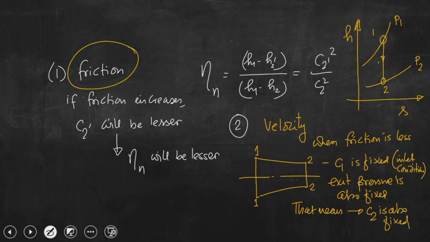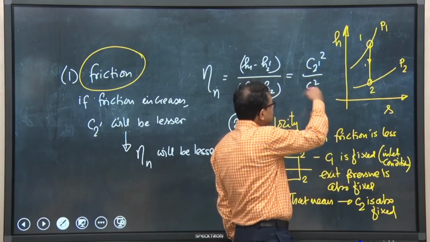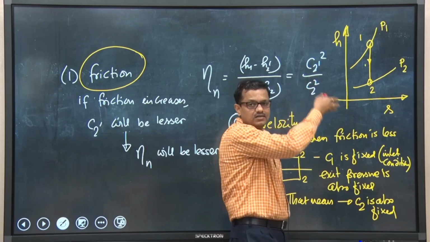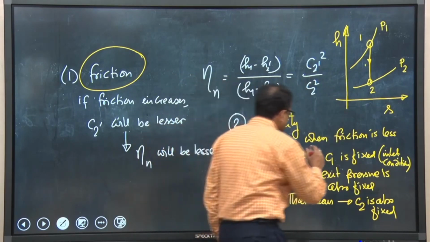Right. Now, if C1 is fixed and C2 is fixed, because the magnitude of C1 is very less as compared to C2, from this analysis we can understand C2 is also fixed. So, if this is fixed, and if we place this C2 prime, perhaps we can modulate the efficiency of the flow nozzle. So, when friction is less,